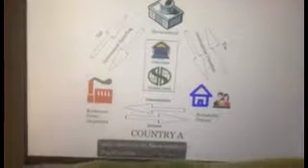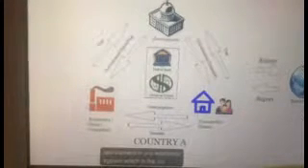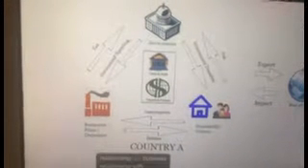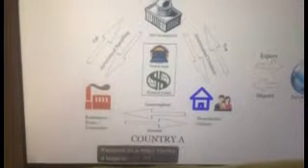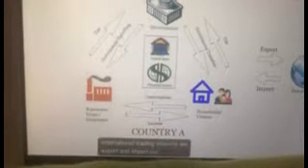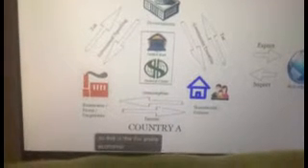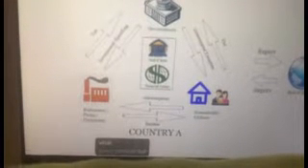Now we have established the economic system of any particular country A. Now let us finally introduce the last element in any economic system, which is our business relationship with the rest of the world. As a major country, as a large country like India, we obviously engage in international trading, whereby we export and import goods and services to other countries, okay? So this is the entire economic system, right? Whatever concept we are going to talk